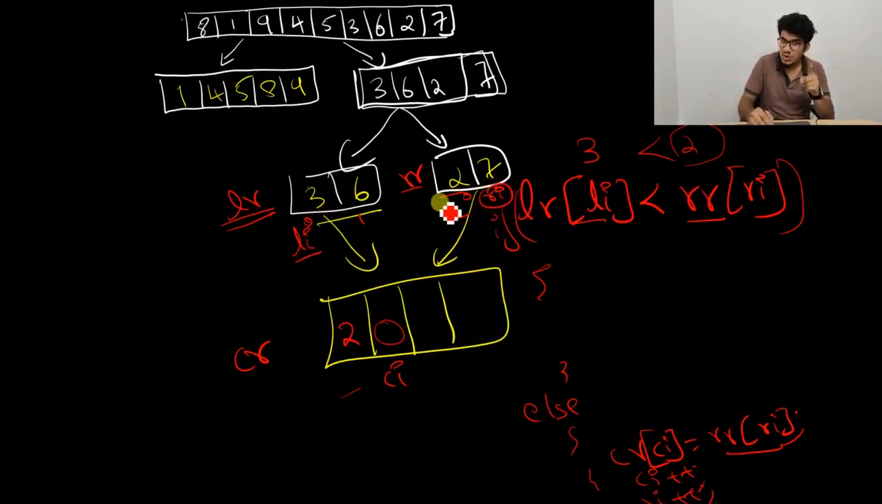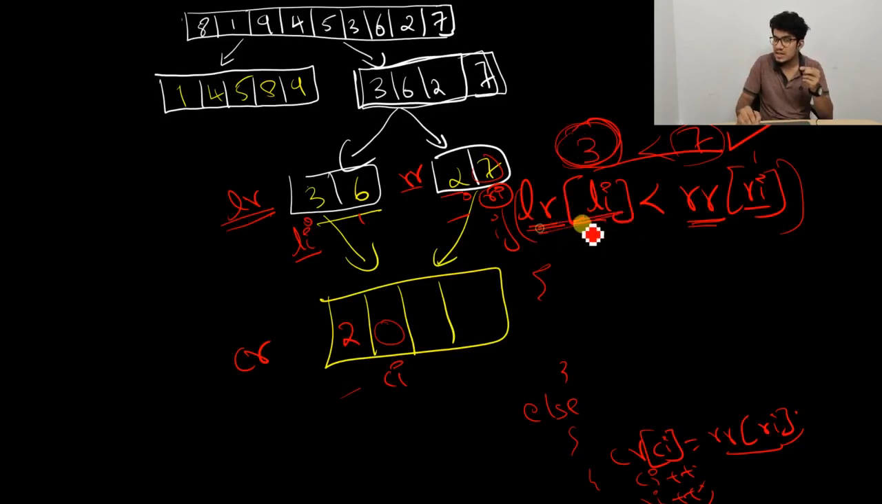Now is Li small or Ri small? If you notice, from the array LR, the Li value is still 0, and that element is 3. But from the array RR, the Ri value has become 1. What is RR of 1? RR of 1 is 7. Is 3 less than 7? Yes. In that case, I have to store 3, and where will I get the 3? LR of Li should be given to